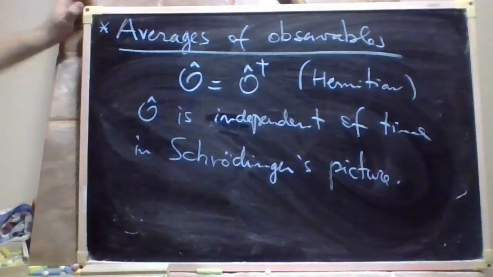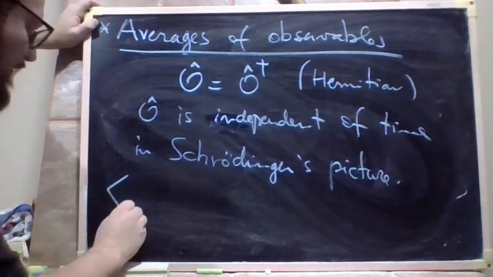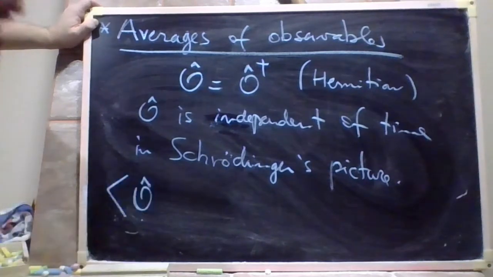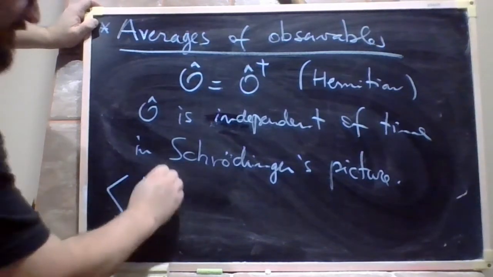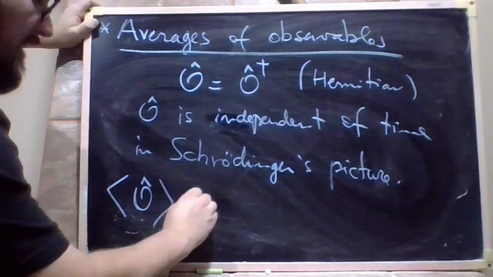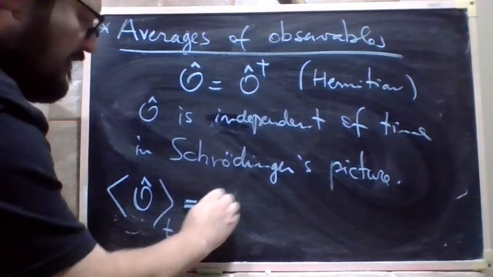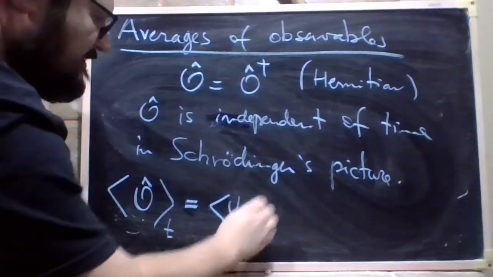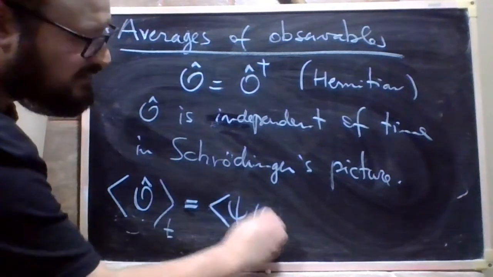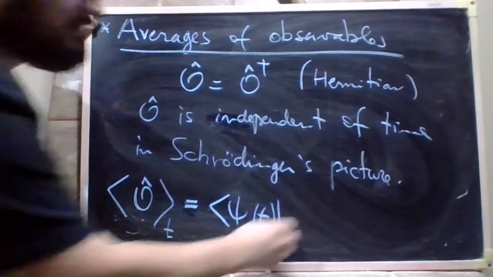So what I need to do, I want averages of these operators at time t. But at time t, the average of that operator corresponds to the state of the system at time t